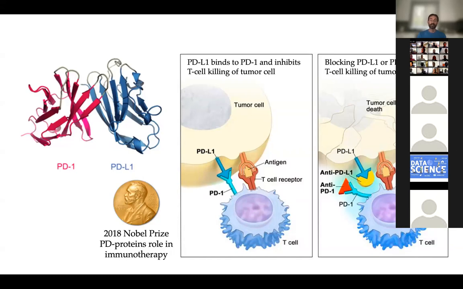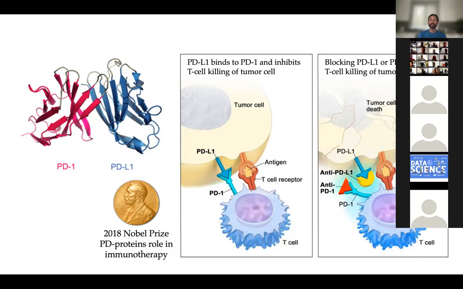So this was recognized by the Nobel Prize in Medicine, in particular for the discovery of what is called programmed death ligand complex. So it's a complex of proteins called PD1, PDL1. And the idea is that we do develop cancer cells in our body all the time. So why don't we die from cancer? Because most of them are just killed by normal functioning of our immune system. What happens is that